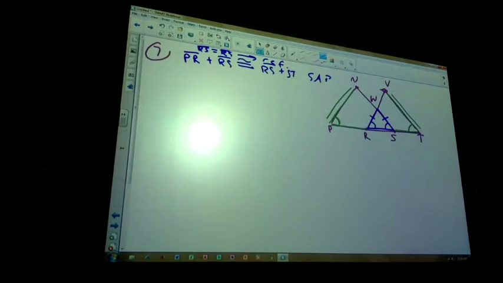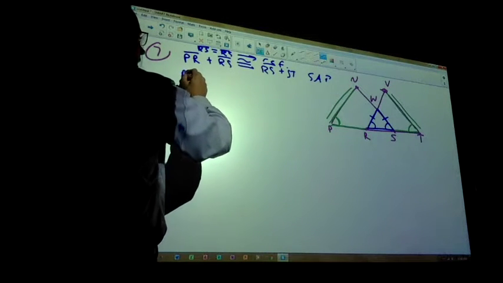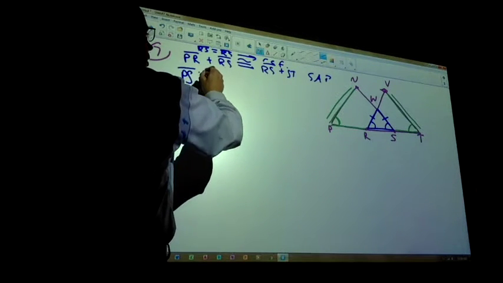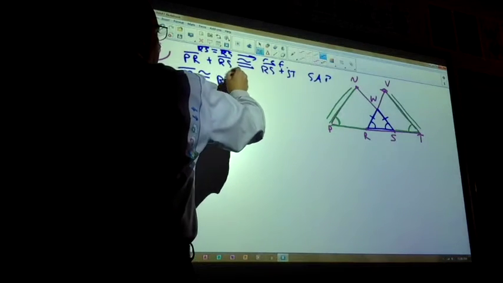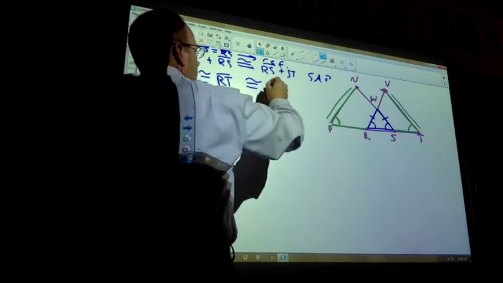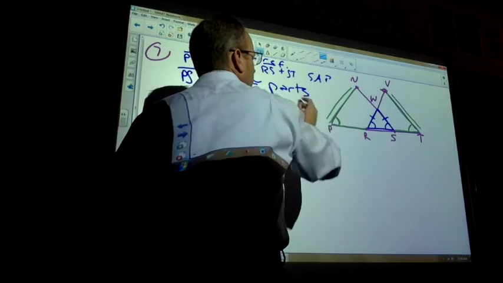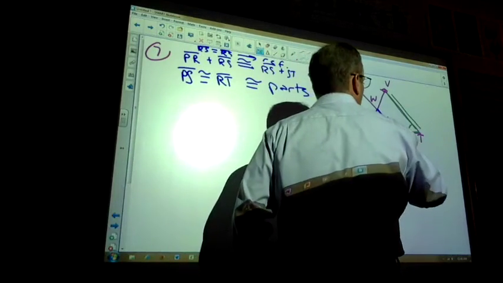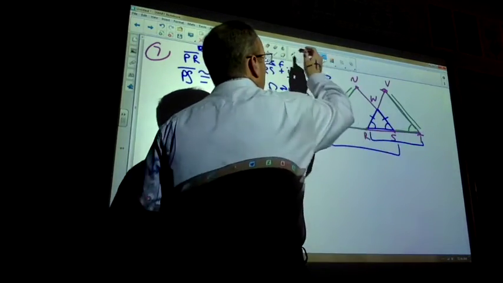Could easily state something like that, especially with the RS-RS. Which would suggest that then PS is congruent to RT because you have congruent parts. So now I know this and this are congruent, which then